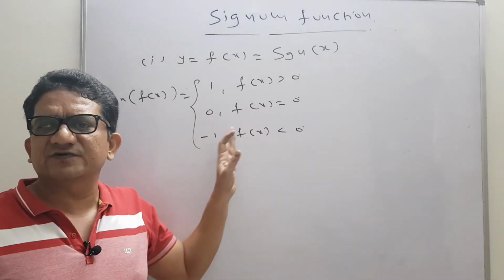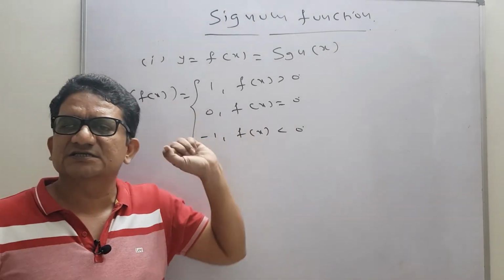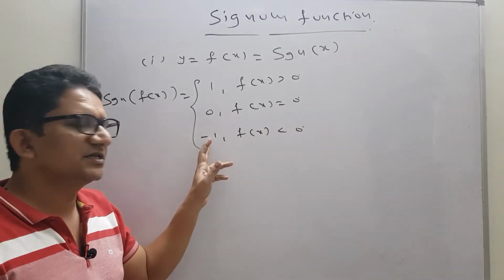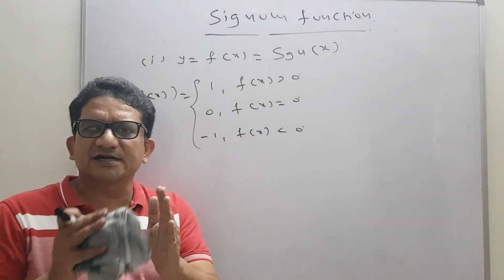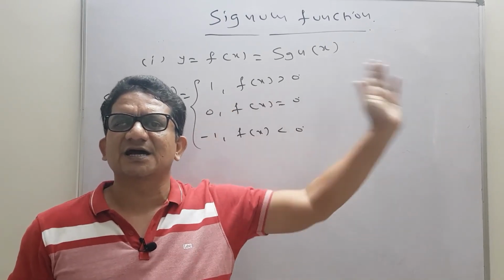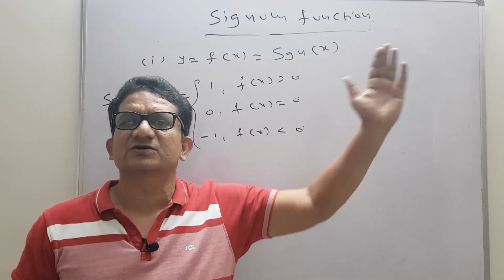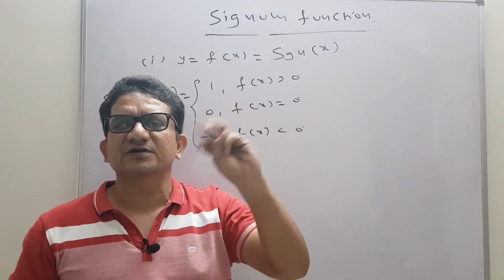So if f of x is not negative, that means if whatever function is inside is not negative, then we won't get the output as minus 1. That indicates that for signum of any function, whose domain is R, we can't confirm every time that the range will be minus 1, 0, 1. Any one of those 3 values will appear.